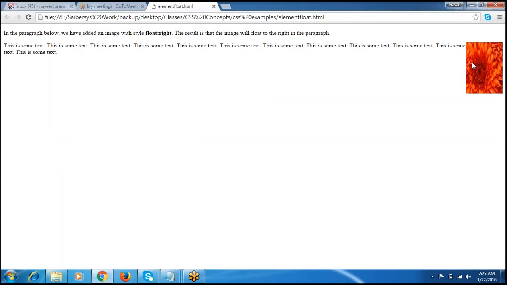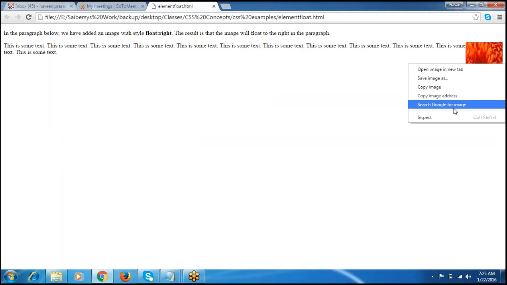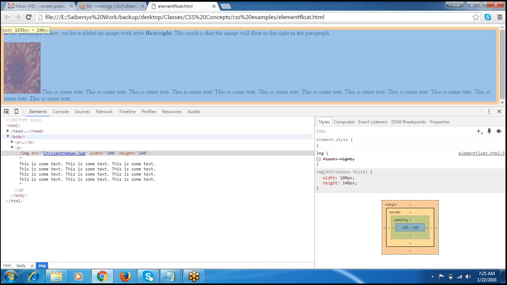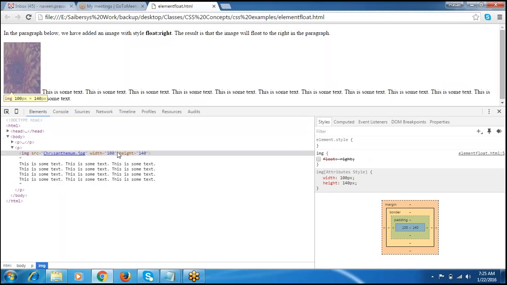The image will be displayed on the right side. If you remove this float right, the image will display on the left side by default. And next,